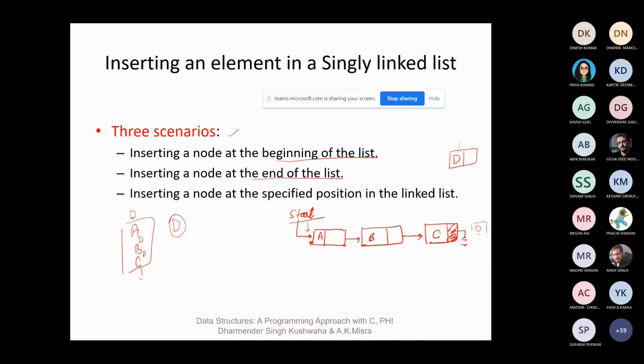So now we can see here how we can insert the element in these different scenarios. So first one is at the beginning of the list.